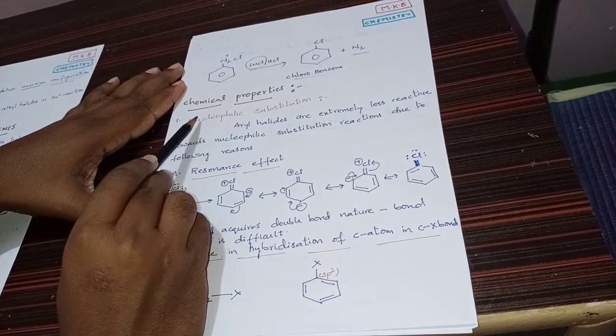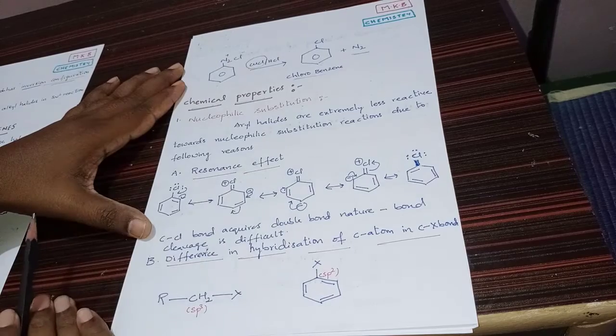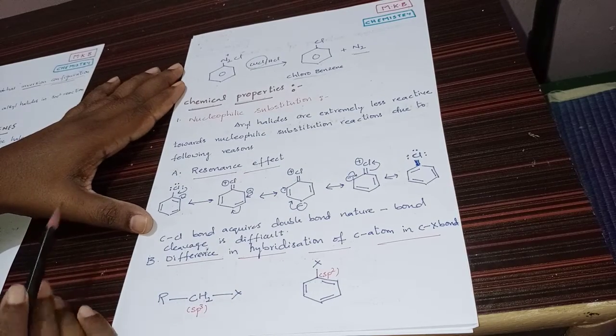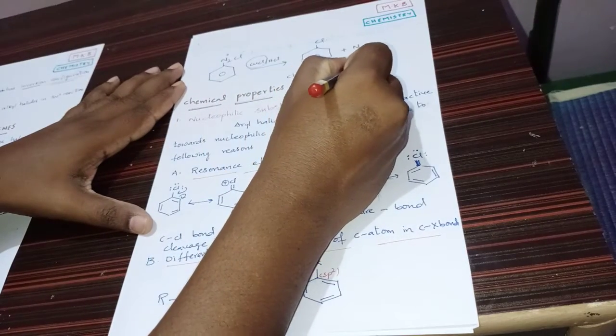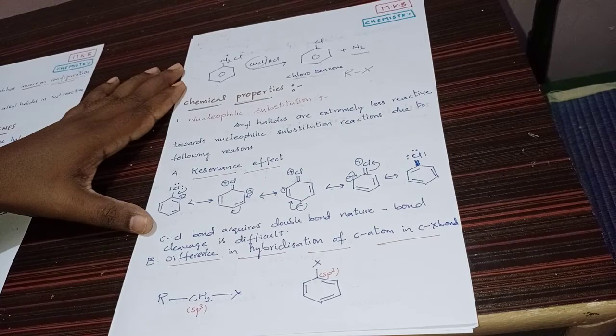In this class, we will study about the chemical properties of haloarenes. We know that an alkyl halide, that is RX, undergoes nucleophilic substitution that we have discussed in the previous classes,